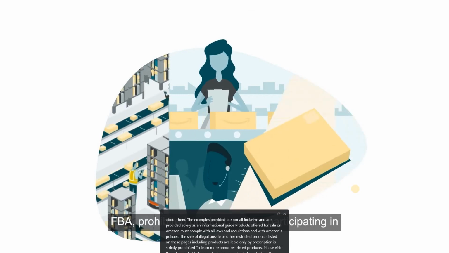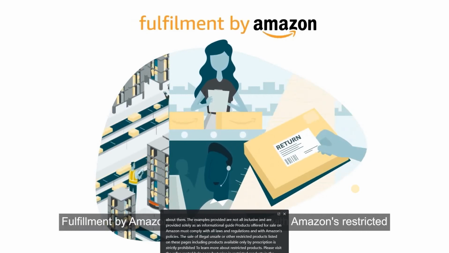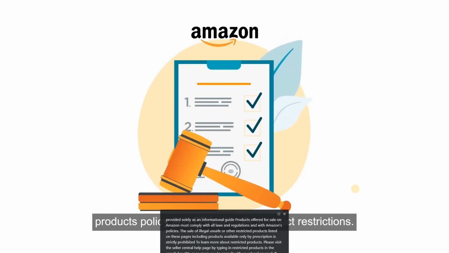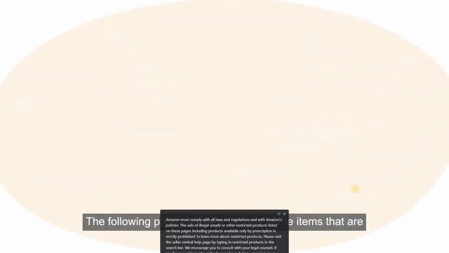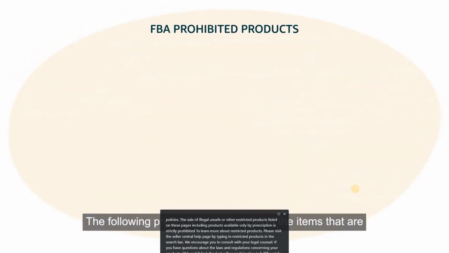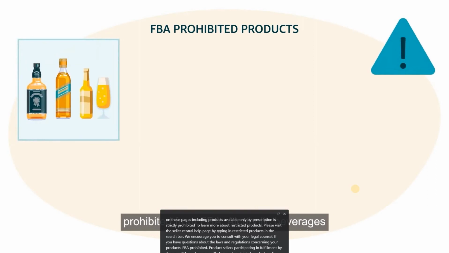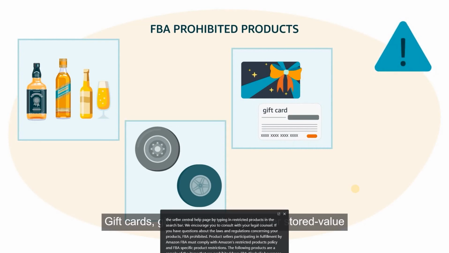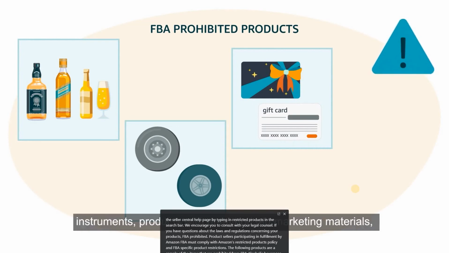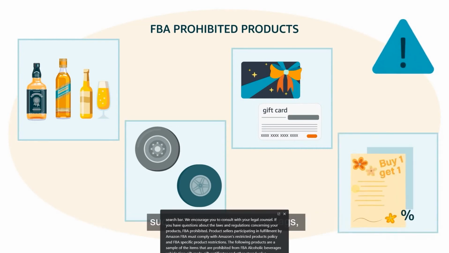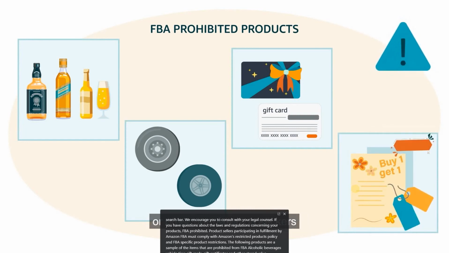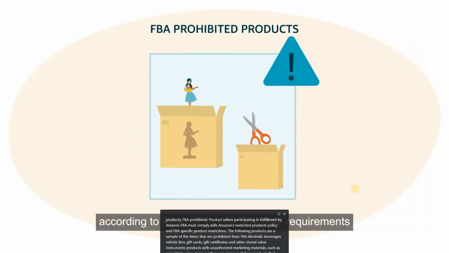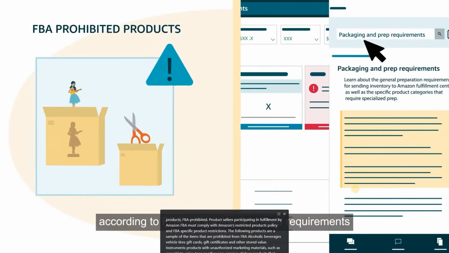FBA prohibited products: sellers participating in Fulfillment by Amazon (FBA) must comply with Amazon's restricted products policy and FBA-specific product restrictions. The following products are a sample of the items that are prohibited from FBA: alcoholic beverages, vehicle tires, gift cards, gift certificates and other stored value instruments, products with unauthorized marketing materials such as pamphlets, price tags, or other non-Amazon stickers, products that require preparation but that have not been prepped according to FBA packaging and prep requirements, loose